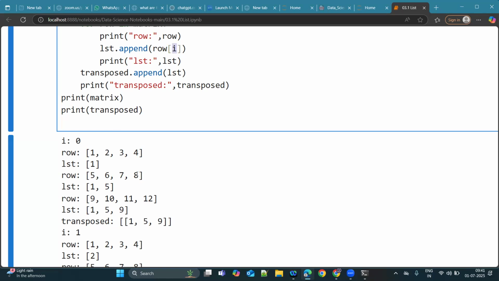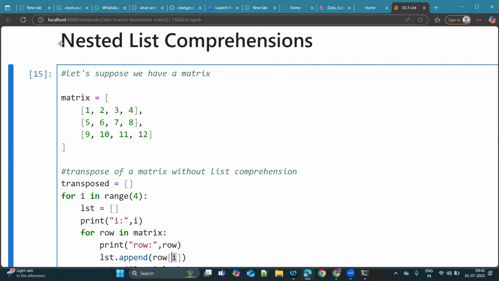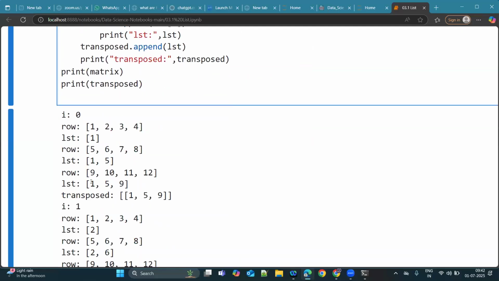Next time I will go for the next row, that is 5, 6, 7, 8. In 5, 6, 7, 8, what would be the first index? 5. Similarly, I will go for the next row, and what is the first index in 9, 10, 11, 12? 9. In such a way I am creating one list,